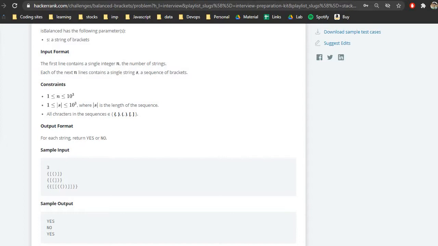We will receive a single string. We have to check if that particular string is balanced or not, like parenthesis balanced or not. And in this case, it will contain only the parenthesis. In a real world problem, you will be provided with the whole expression, and by expression I mean numbers, mathematical operators, and then you will be asked if it's balanced or not. So I'll provide the solution which will be taking note of these things as well. So let's move ahead with the explanation part.